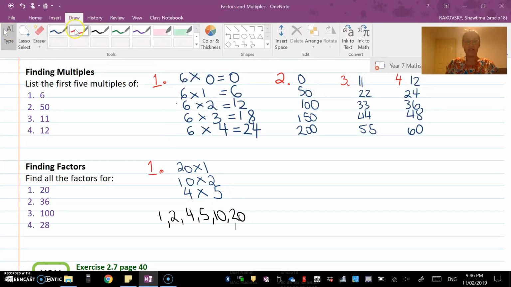Okay, the number 2. So it's going to be listing out all my factors again. 36 times 1. I can half that because I know 36 is an even number, so 18 times 2. And I also know that 18 is a multiple of 9, so that means that I